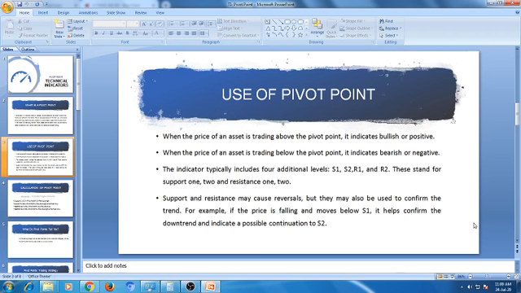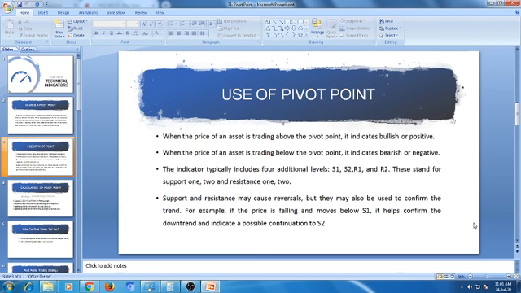Normally, pivot points include additional levels also, like supports and resistances. Say two supports and two resistances, like S1, S2 and R1, R2. We can also calculate more support and resistance levels, say S3 and R3, etc. But in general, statistics show that the price movement normally will not go beyond S2 or R2 in 95% of the cases. So normally most traders use only these four levels.